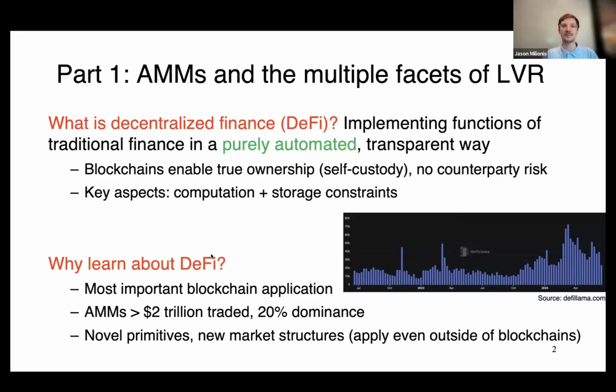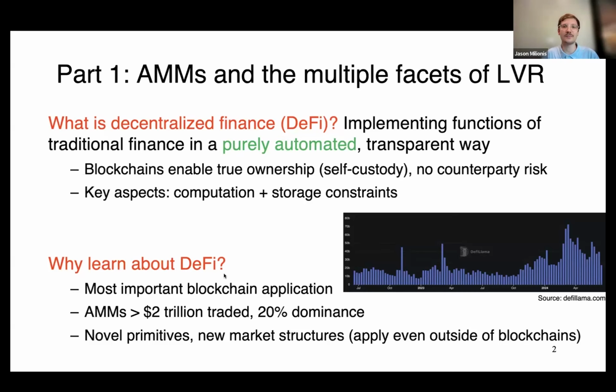And so the magical thing about blockchain is that one does not lose control of their assets at any point in time during a transfer or any other transaction for this matter. So there's no counterparty risk. Now, for this talk, we won't need any other background on blockchains, but the key aspect that I want you to think about in this environment is that it is a naturally very computation and storage constrained setting. So we need to be as economical as possible with resource usage, and this is going to end up being crucial to our journey and to why AMMs are actually used.